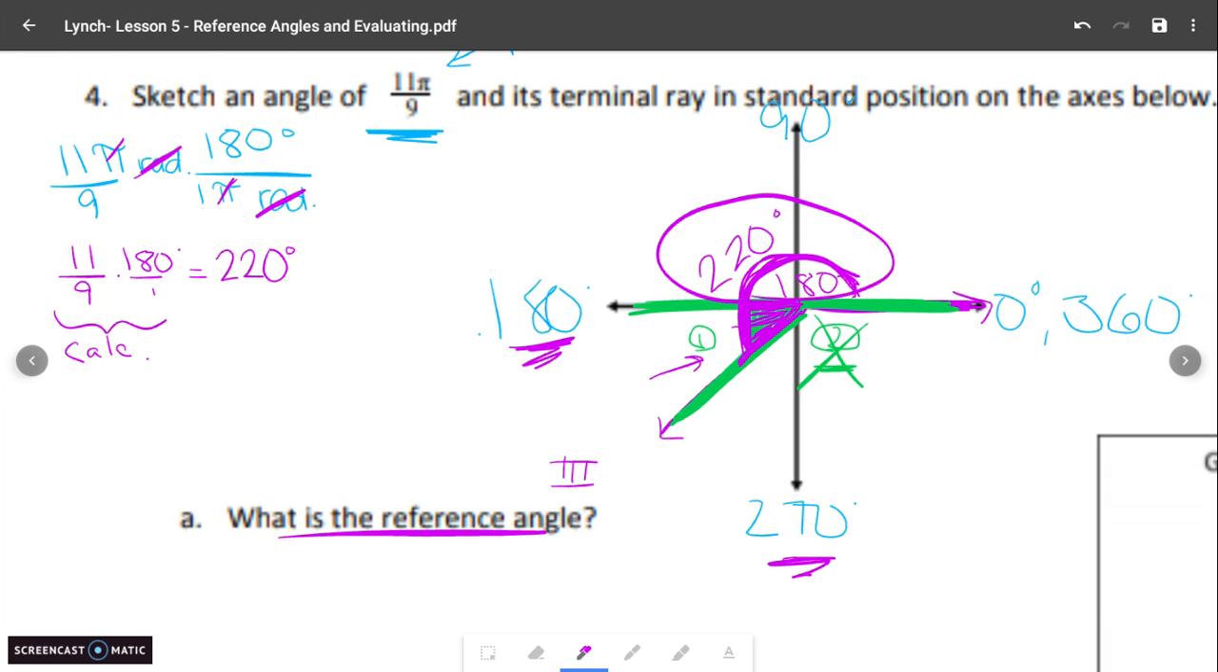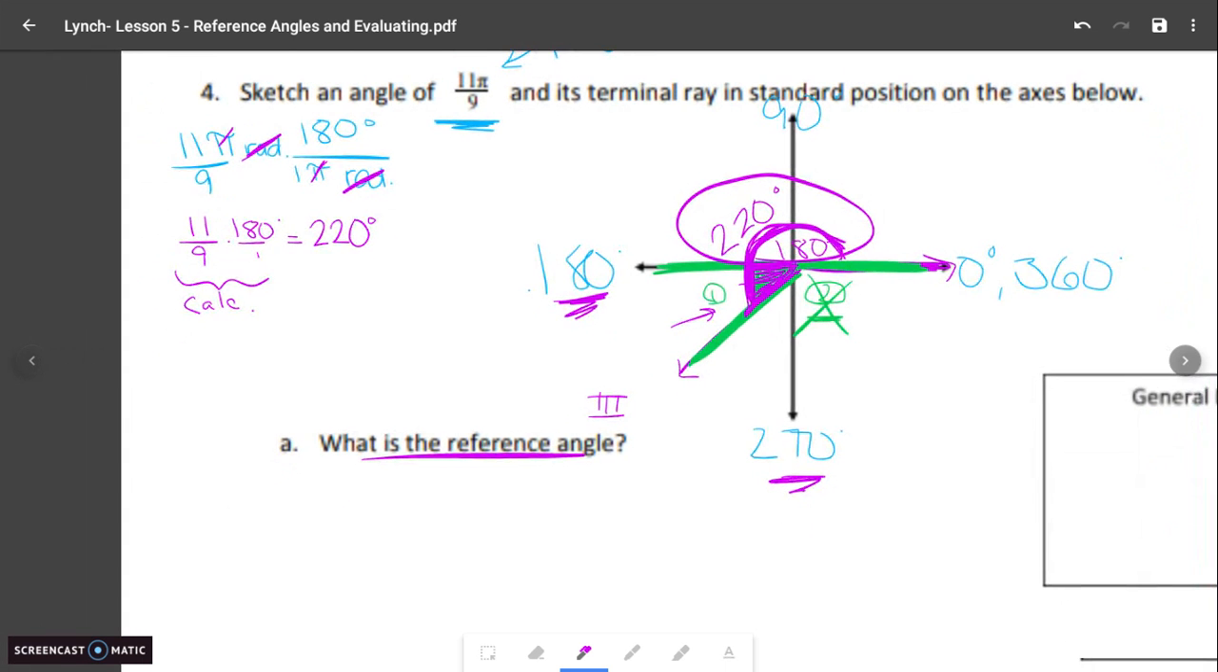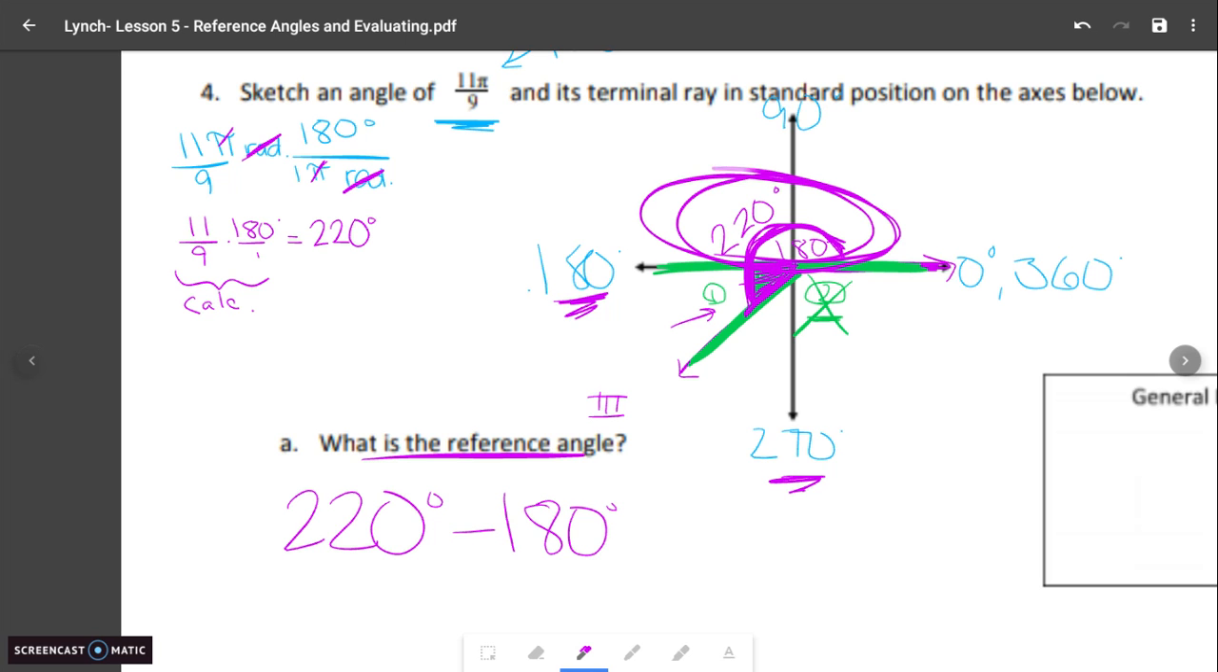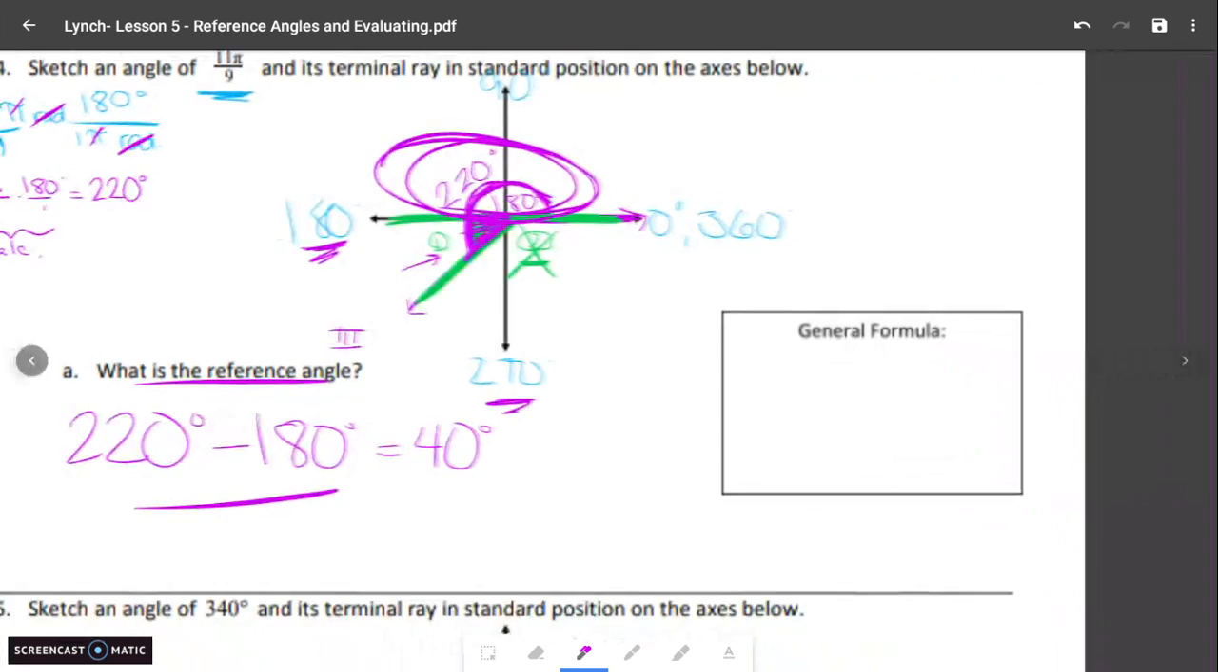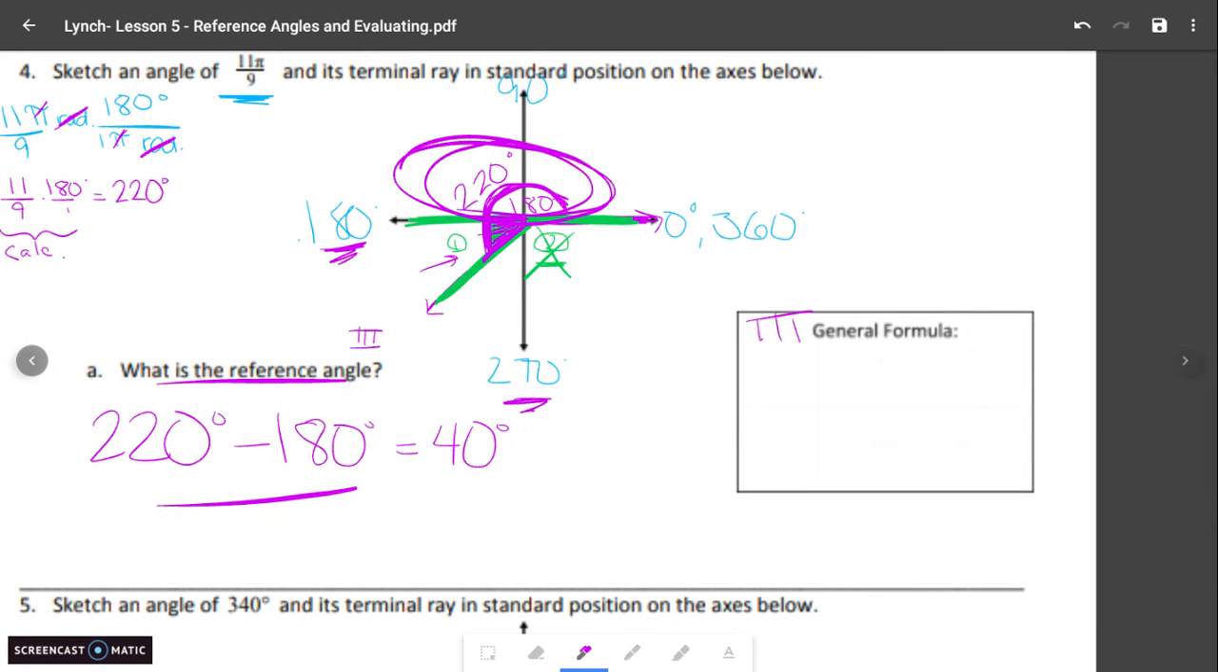That's the extra piece of that big angle of rotation. So if I take that big angle of rotation, 220, and subtract off of it the 180 that is sitting above that straight line, you get 40 degrees, the leftover piece. That is your reference angle here. So this is your formula for the third quadrant whenever you're in it. If you take your angle